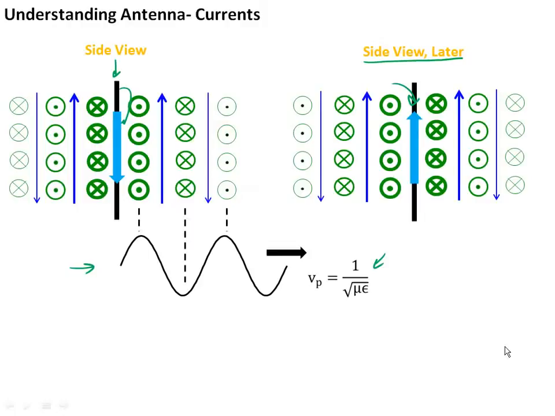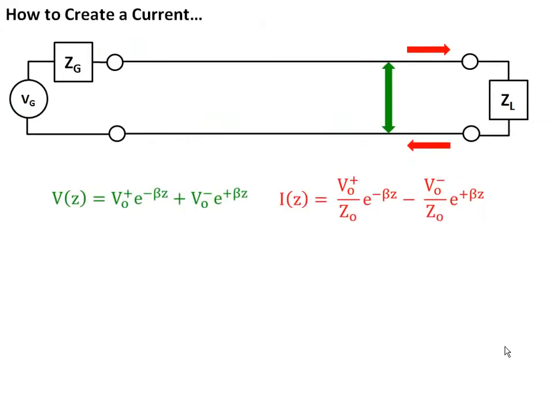But as Arlo Guthrie said in Alice's Restaurant, this is not what I came to talk to you about today. What I came to talk to you about today was essentially how to use an antenna to create a current. So how do we go ahead and create this current? And now we have to go way back to Series 1 of these lectures on practical electromagnetics,